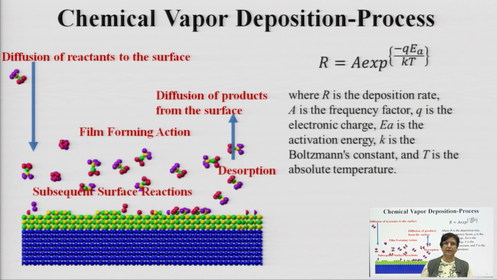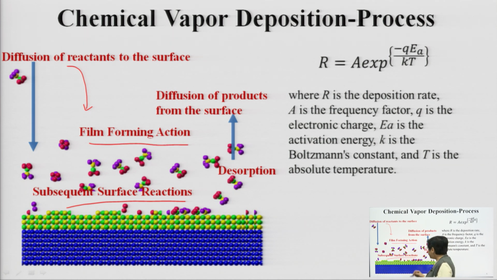Now, how is this happening? There are different things happening in this chemical reaction, and that is being depicted here. First, there is diffusion of reactant species onto the surface. There is a subsequent reaction on the surface, and this reaction results in film forming. Once the film is formed,